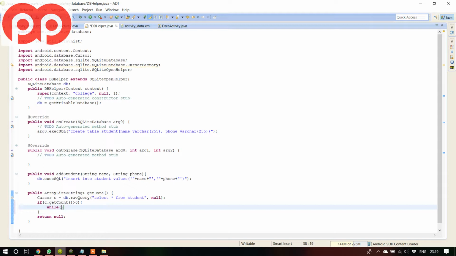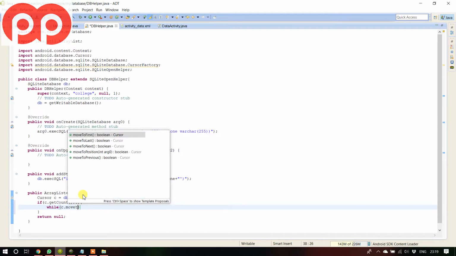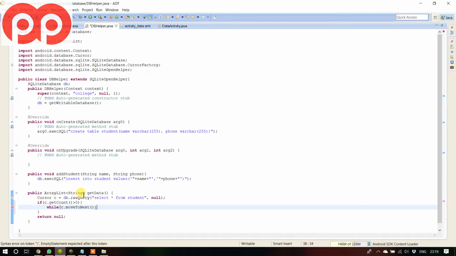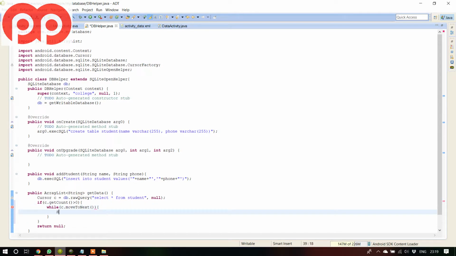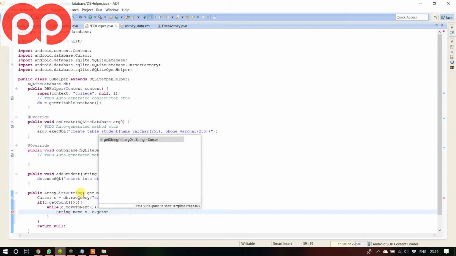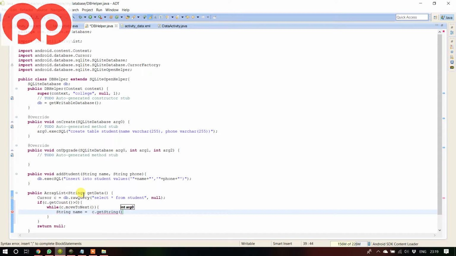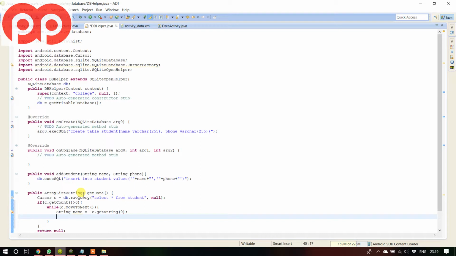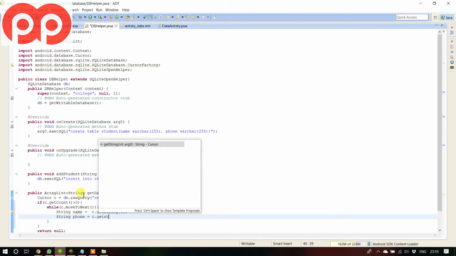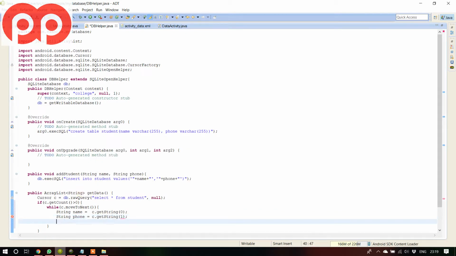so while c.moveToNext(), so String name equal to c.getString(0). In the same way, String phone equal to c.getString(1). So we got our data here, and we need to add the data